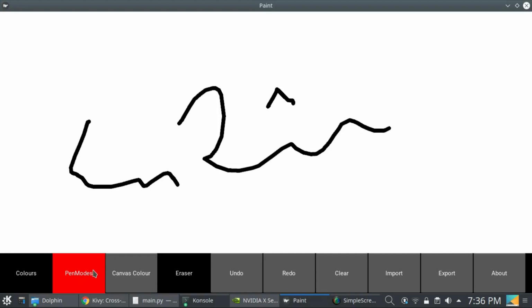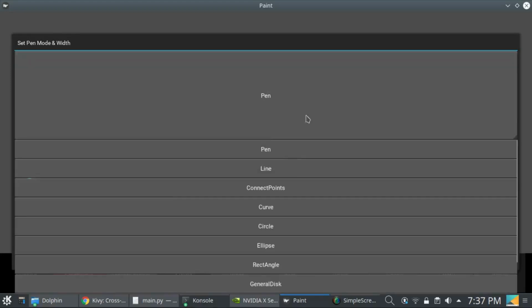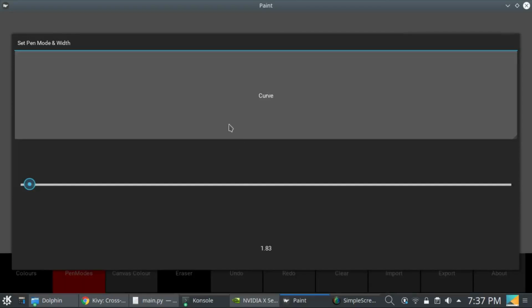So I can define my own custom widget by using some fundamental widgets. Here I have defined my own custom widget. I have used a slider, and a label which shows some text, and a spinner where I can select any of them, and I have used a popup widget, and I built this whole thing into a widget. So this is my custom widget.